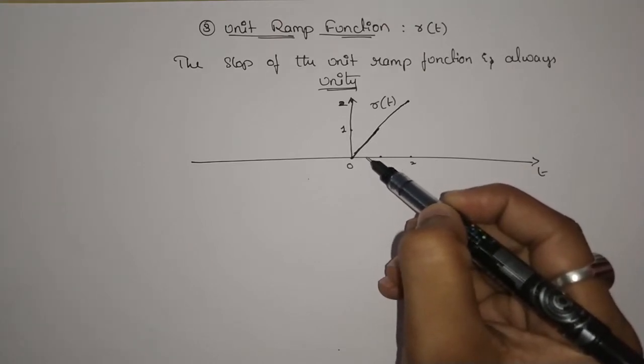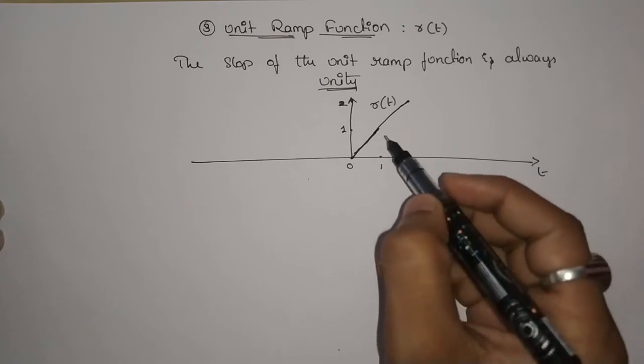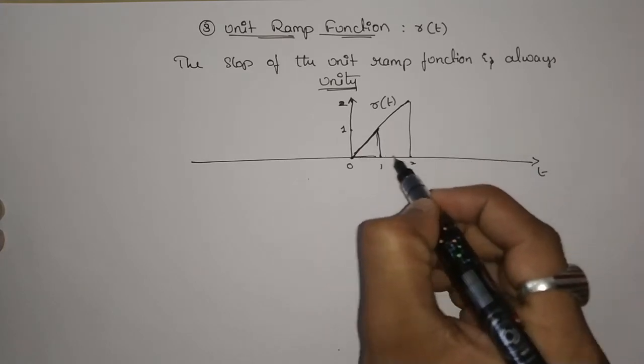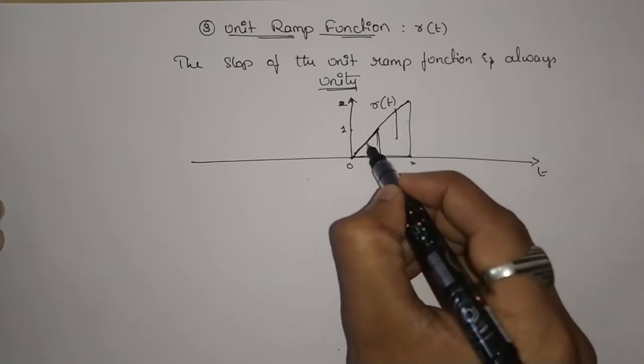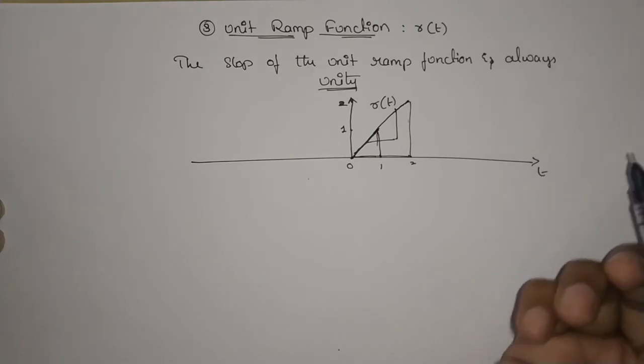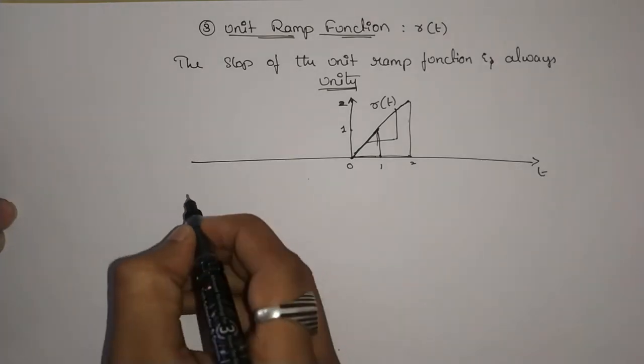Since I am not using any scales, the graph is slightly curved. Okay, hope you people understand. The slope should be, wherever you measure, equal to 1, which means the slope of the unit ramp function is always unity. Okay, next function is